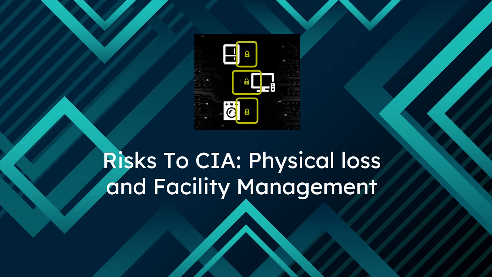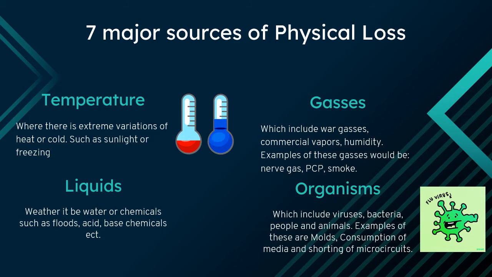Risk to CIA, physical loss and facility management. There are 7 major sources of physical loss. Firstly, we have temperature, where there is an extreme variation of heat or cold, such as sunlight, fire, freezing, and